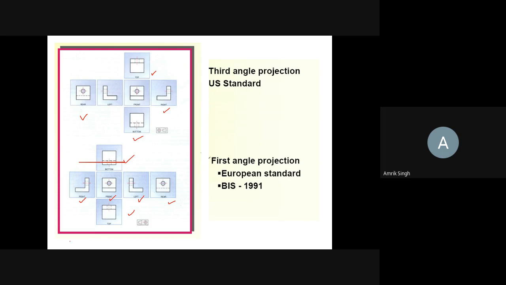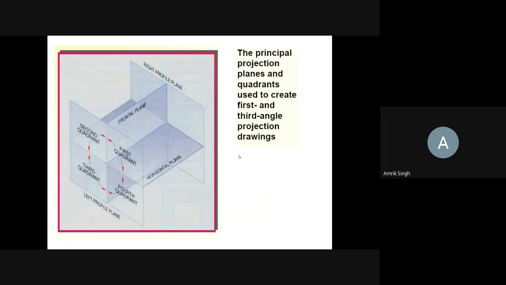But nowadays, let me tell you, we follow an international standard, or ISO standard. So in that we follow the third angle projection as a standard in all the countries. Okay. Conventionally, it is different for different countries, but in international drawings now, we have to follow this third angle projection. So we will be talking most of the time about third angle projection, but you must know the difference between the first angle and the third angle projection.